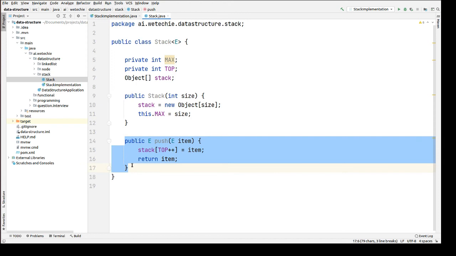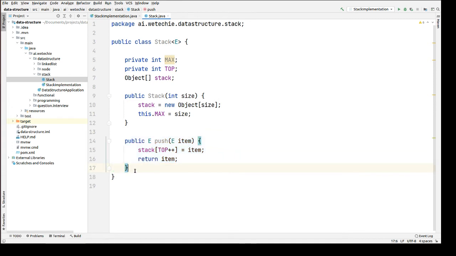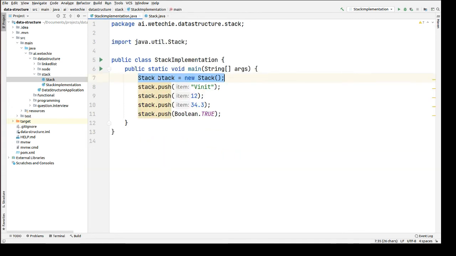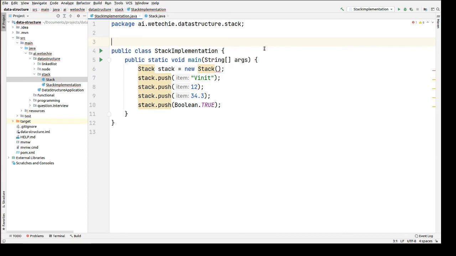So we have done the writing of the push operation, right? Now we have to remove the implementation of the java.util package. Now let's call our own implementation. The size I'm passing here is 5.